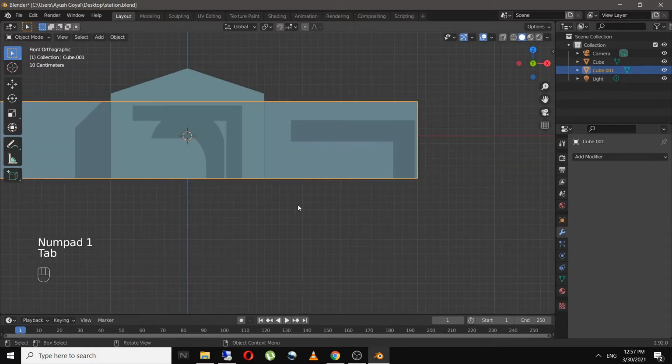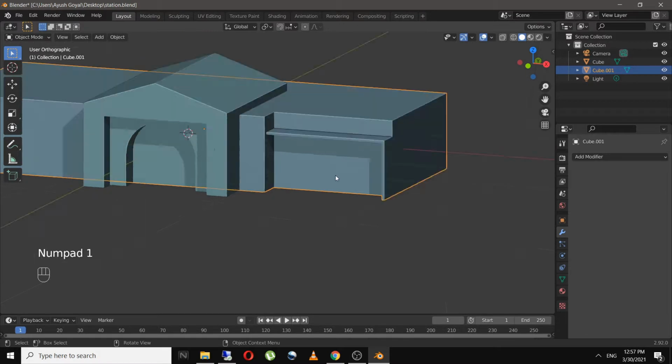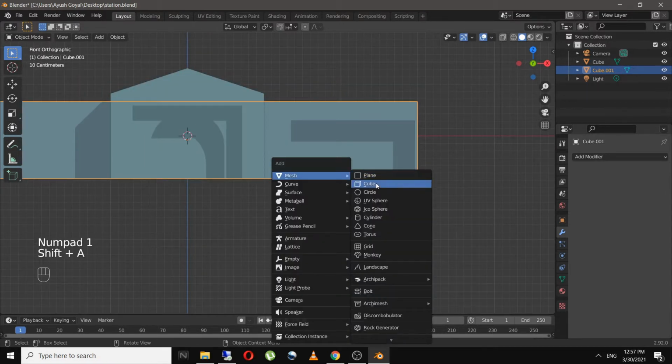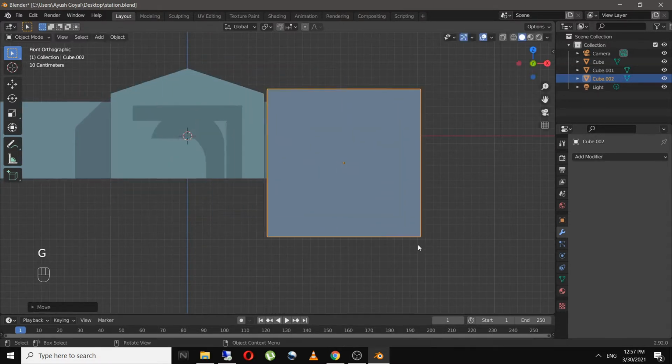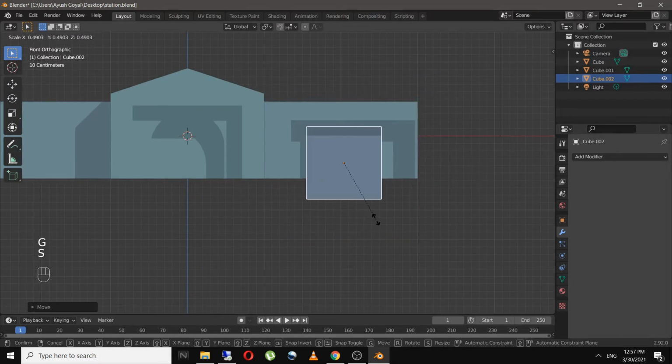And now similarly I'll add in an arc cut over here just like we did with the entrance. So I'll take a cube to make the arc.